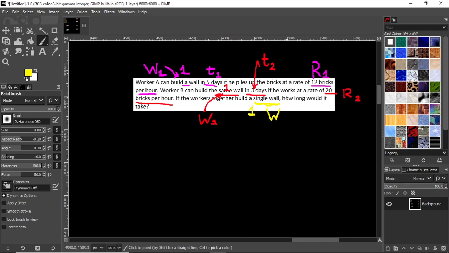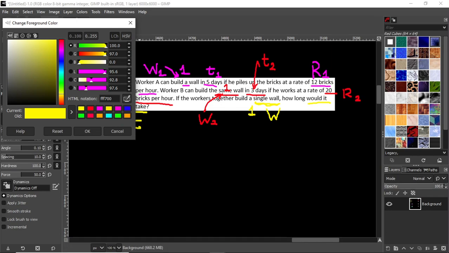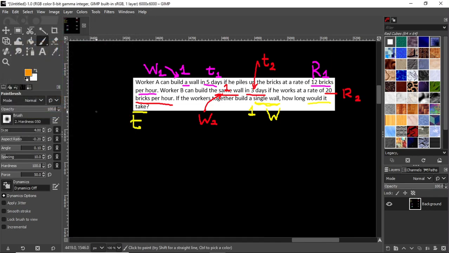How long would it take? Right? How long would it take? So what we need to find is T, the time for building the wall when their efforts are combined. Okay, so let's just set up our equation first. So we have